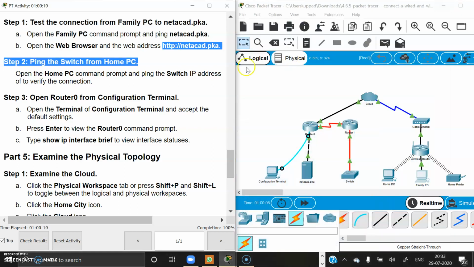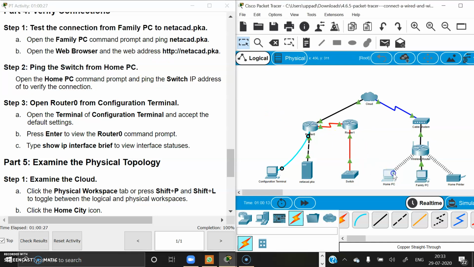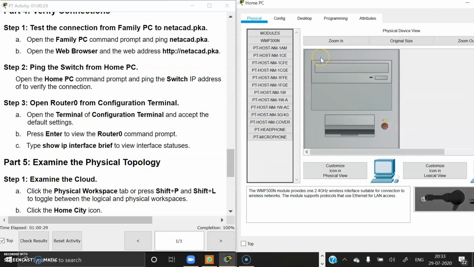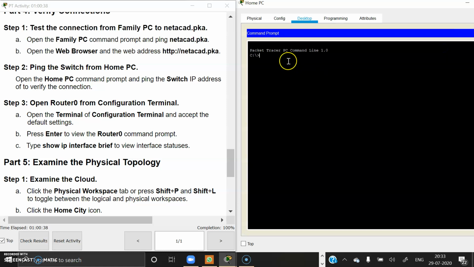Now the second step is to ping the switch from home PC. For that, open the home PC first, then go to the desktop and open the command prompt again. Enter the command ping, and then the switch IP address.